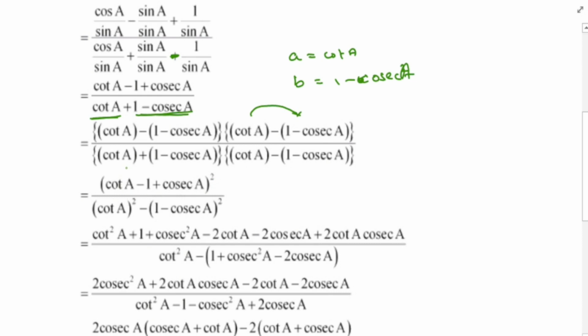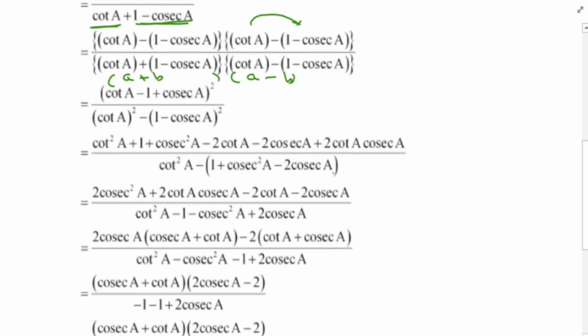In the denominator it is similar, A plus B into A minus B. Therefore A square minus B square. In place of A we have cot A and in place of B we have 1 minus cosecant A. Therefore in the next step, A minus B whole square, A square plus B square plus 2AB. By doing that we got